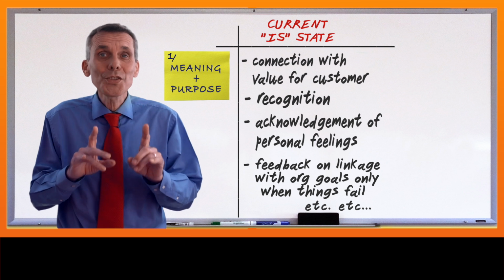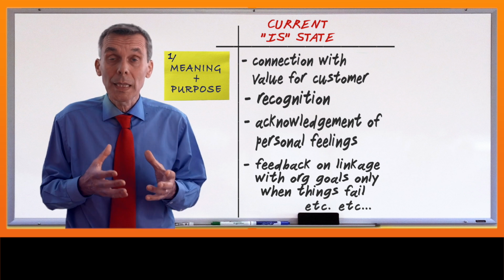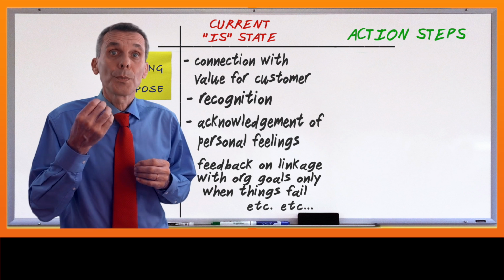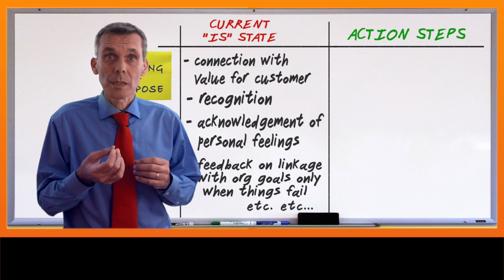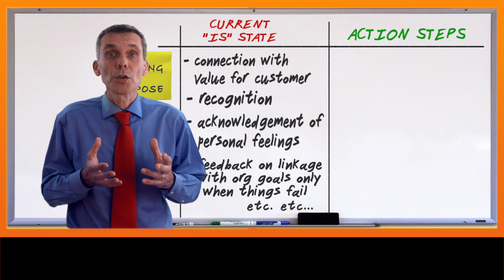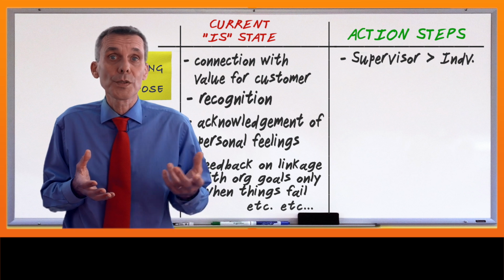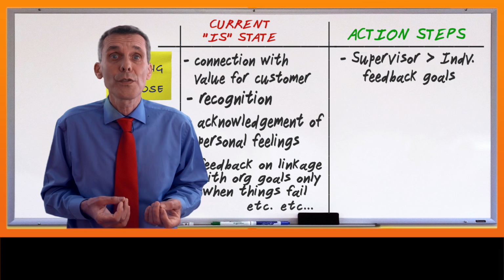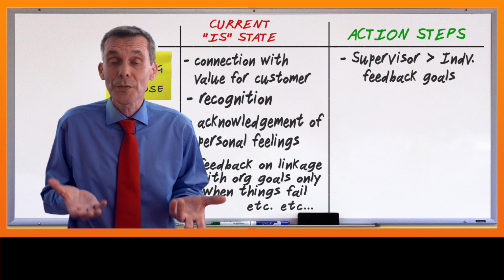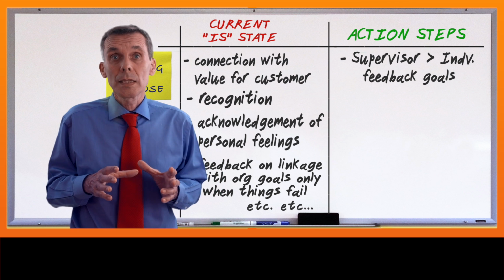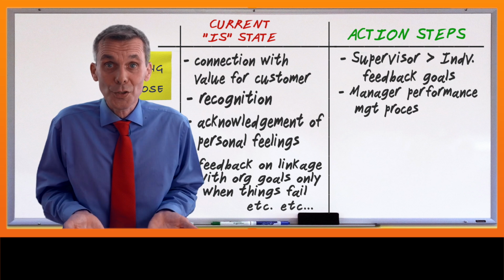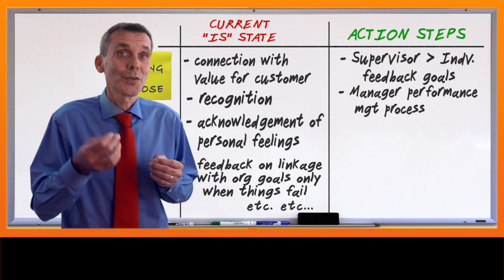Anyway, once you are happy that your list is as complete as possible, the next step is to think about specific actions that would positively change each item on your list. You might, for example, come up with that all supervisors could be actioned to have a daily or weekly performance boosting personal conversation with everyone on their team to give positive feedback and acknowledge them for how their work contributes to the wider effort. And this might lead to the idea that managers and team leads need to be performance managed by their supervisors to ensure that they are doing this consistently.